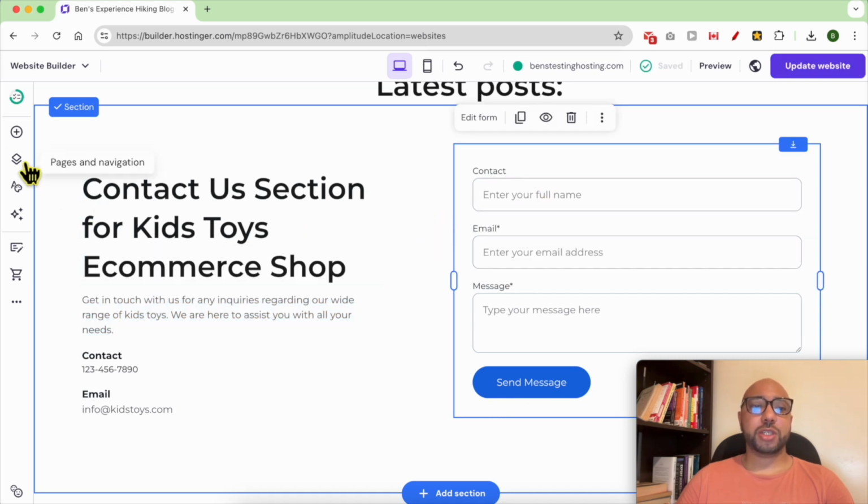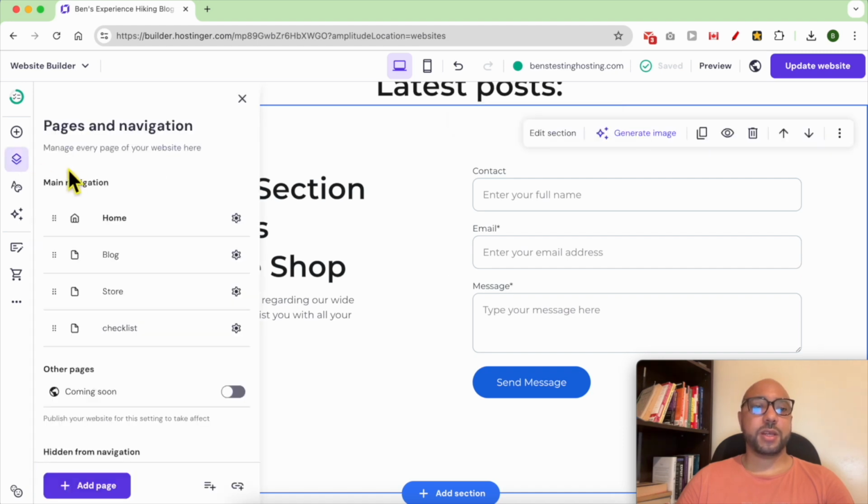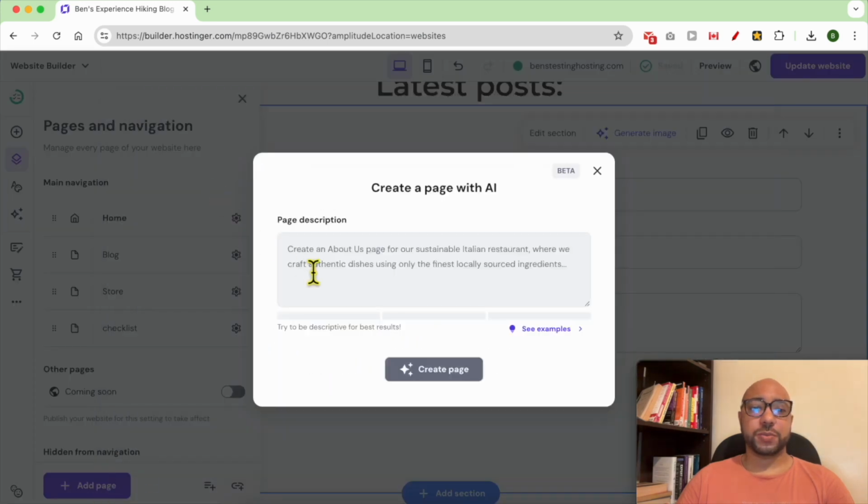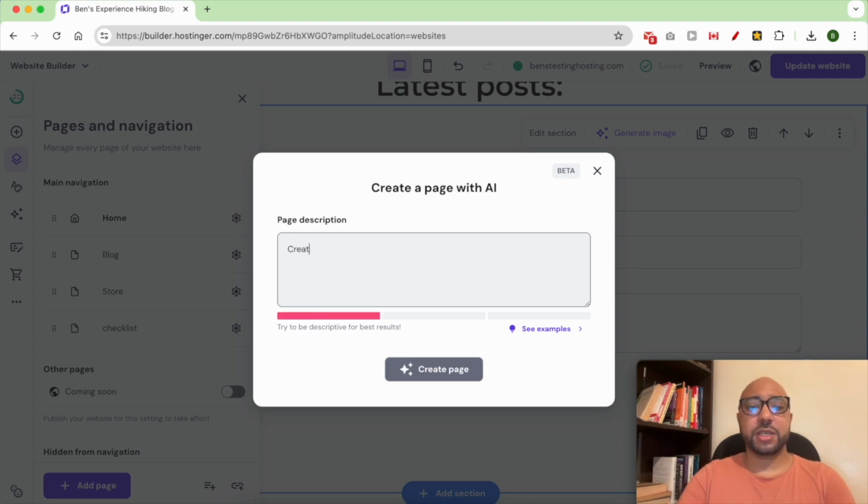Now let's see how to generate a whole page using AI. Go to pages and navigation and click on add page, and now click on generate page. Describe your page. For example, create me